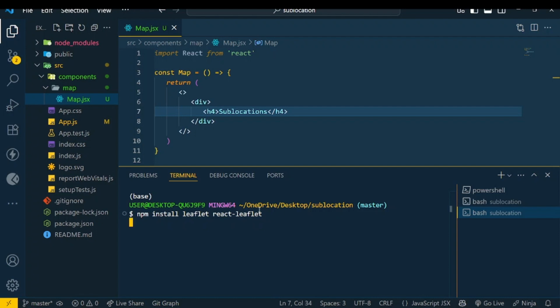So I click enter, and this is going to install both Leaflet for JavaScript and React Leaflet for